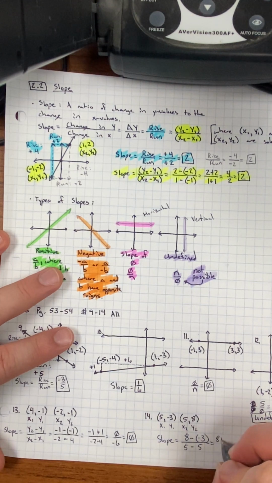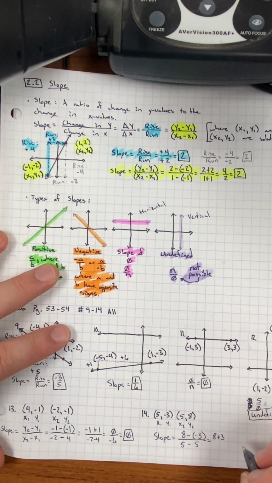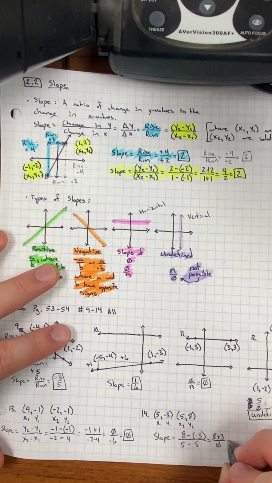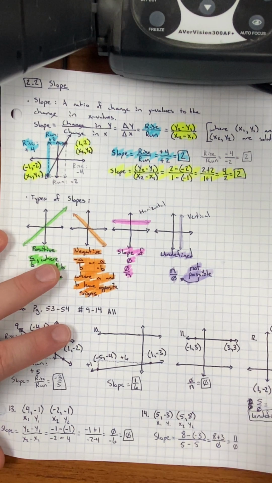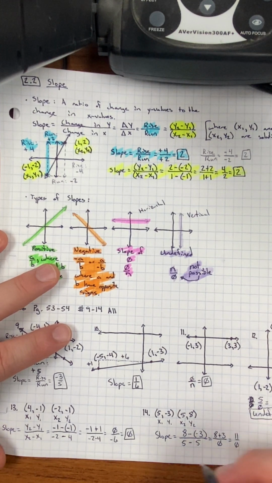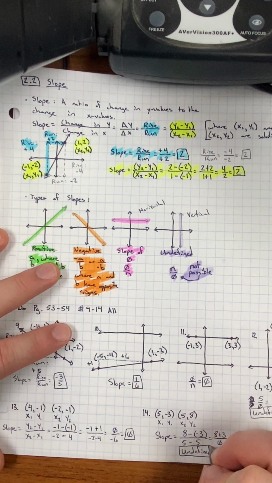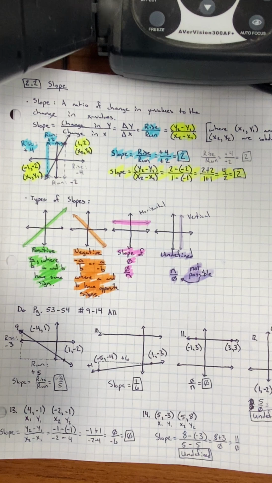This is 8 plus 3 all over 5 minus 5, which is 0. So now I've got 11 over 0. But is that possible? No, you can't divide by 0. So my answer here is undefined. Okay? And that's number 14. All right, we're going to look at one more